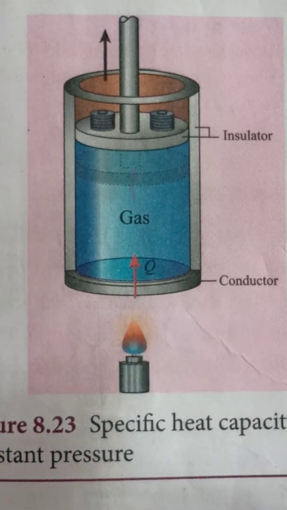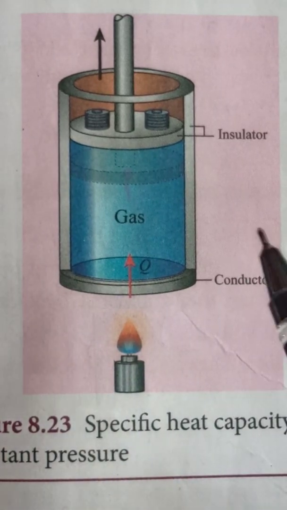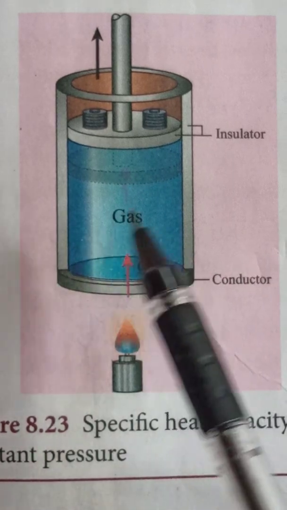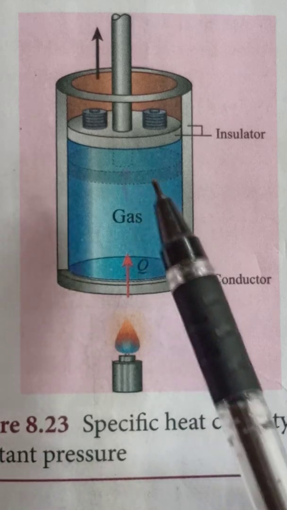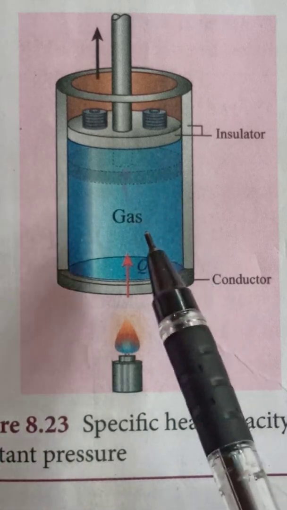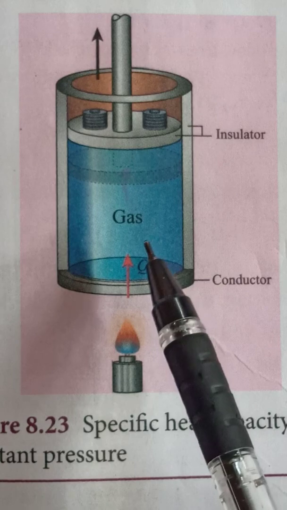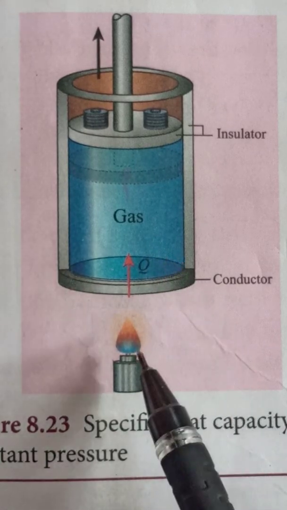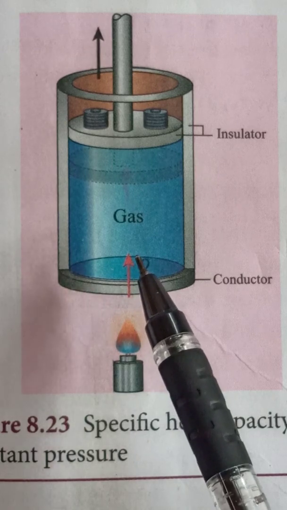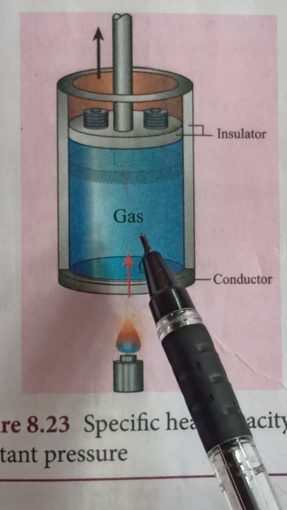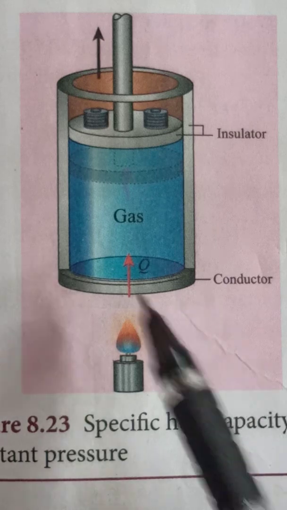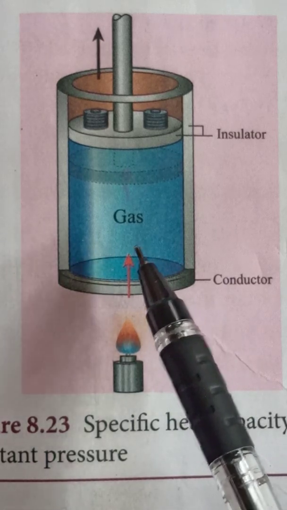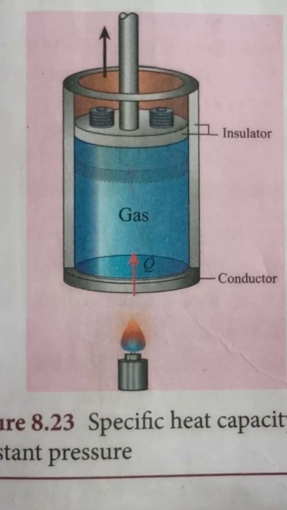Okay, in this case, part of the heat energy is used for doing work, which means expanding the volume. And the remaining part is increasing the internal energy of the gas. Clear? The part of the energy required for doing work is called expansion of the gas. The remaining part of the heat is used for increasing the internal energy of the gas at a constant pressure.